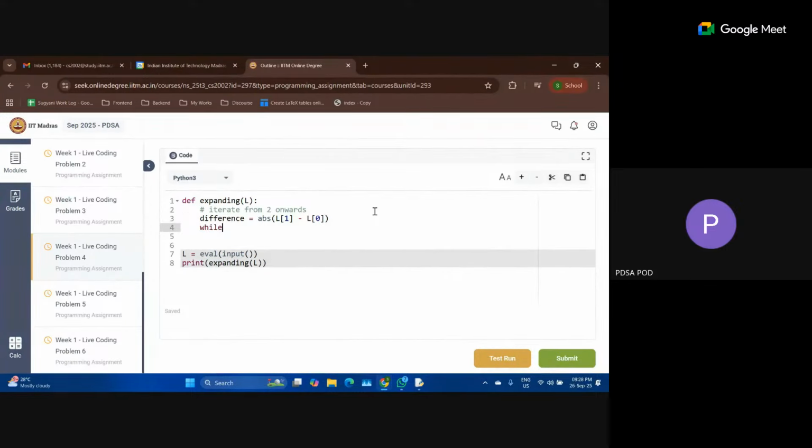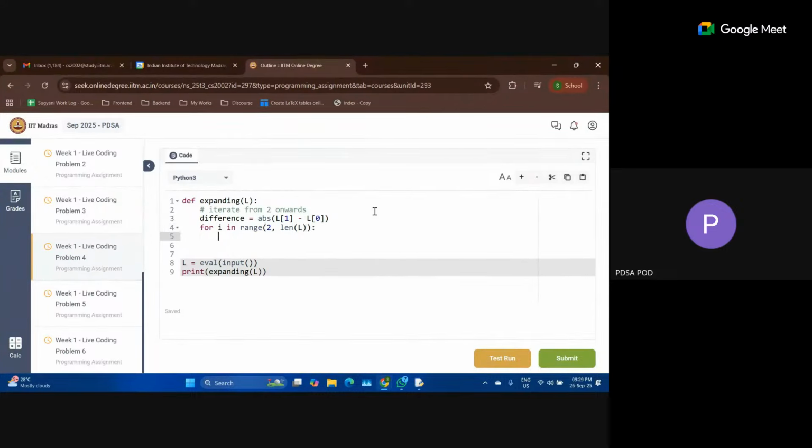Now I will go from index number 1 till the last index. Actually, I can go from index number 2 onwards. Why am I going to index number 2?